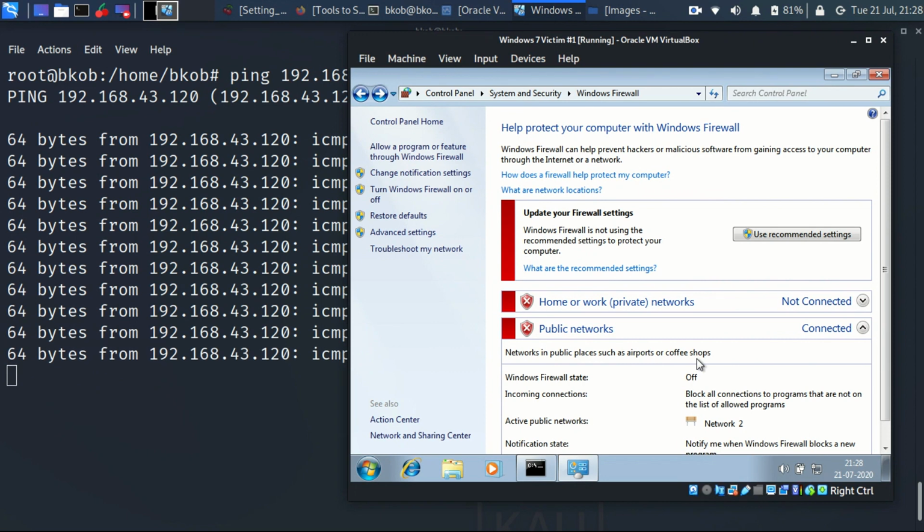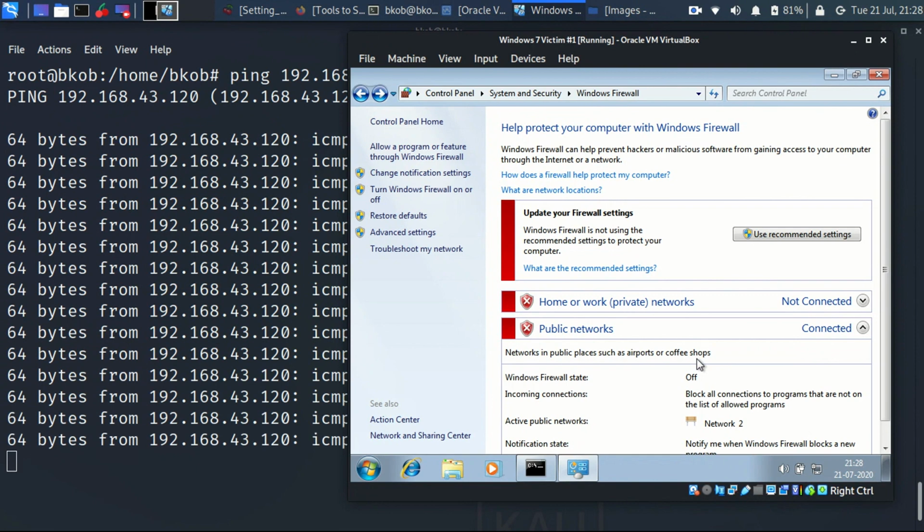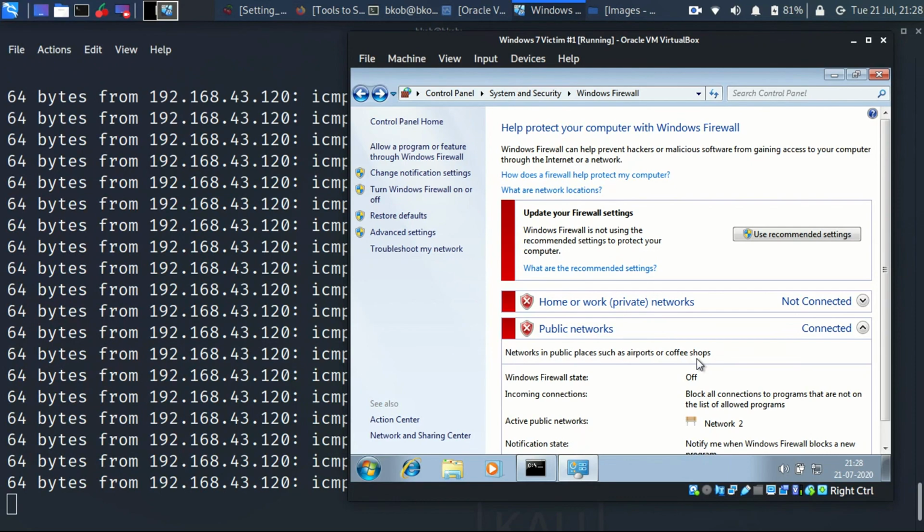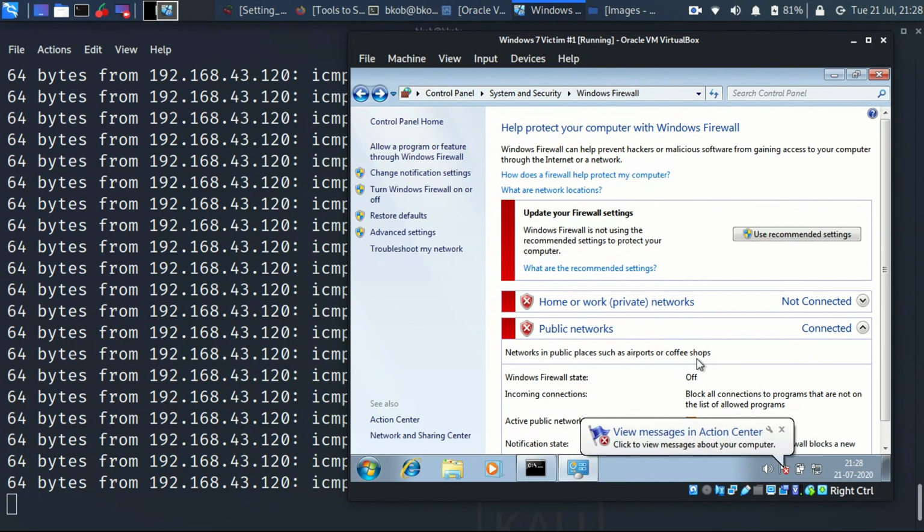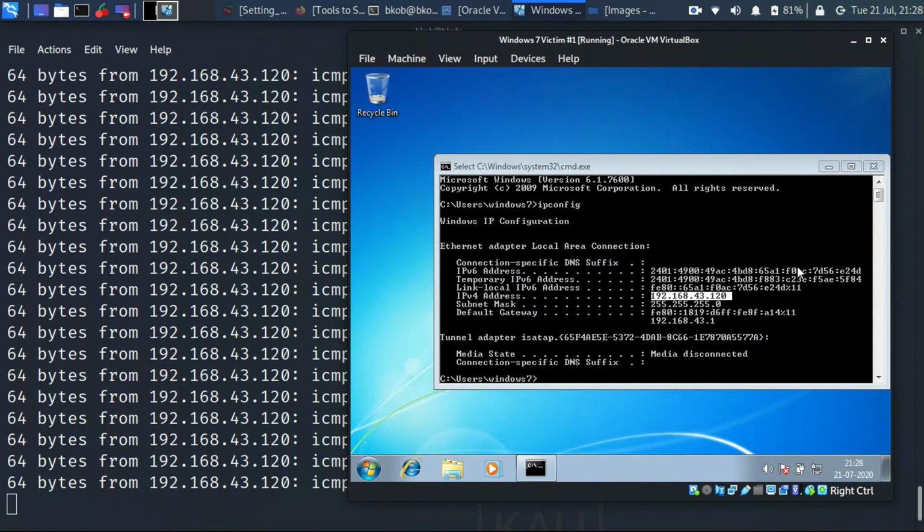Now, why do you want to put on a firewall? The pure reason for that is that when you turn on the firewall for certain operating systems, if it's not up to date, the machines will block ICMP protocols, through which the other machines cannot ping. So if you turn off the firewall, the ICMP protocols will be enabled. Again, it only happens on certain operating systems which are not up to date. Obviously, Windows 7 is not up to date.